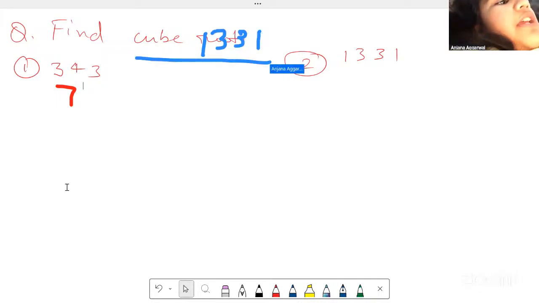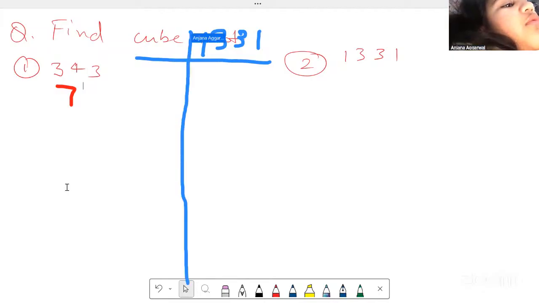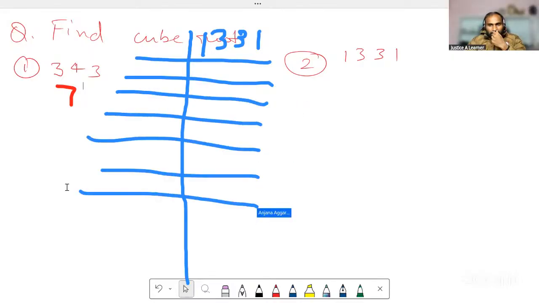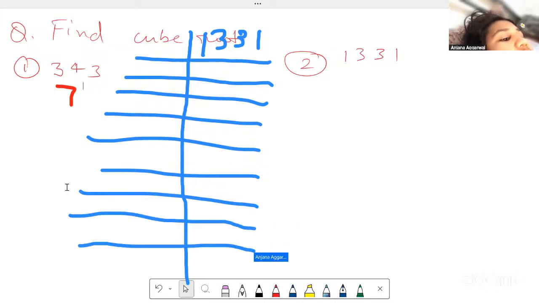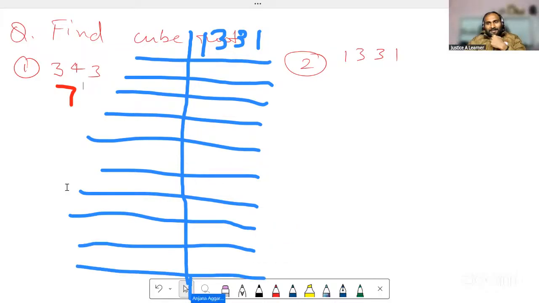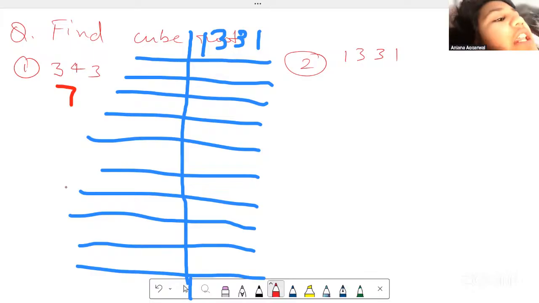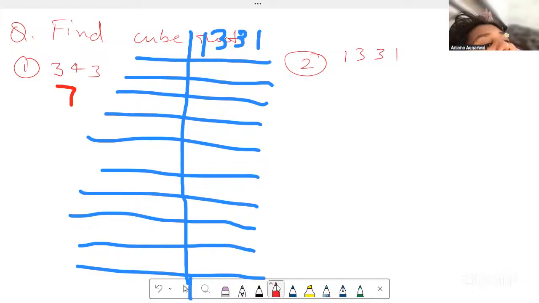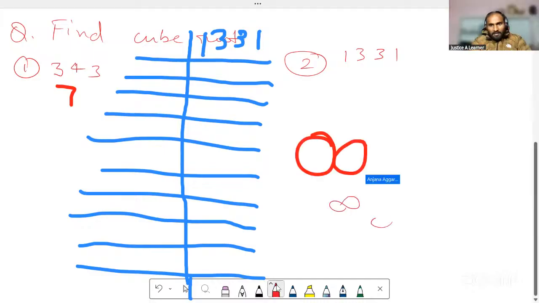I will try with the biggest number on earth. What is the biggest number on earth? How many digits? Like the biggest number in the world. We call it infinite, but we do not have an actual number. Do you know how to draw infinity? Yes, that is the symbol of infinity.